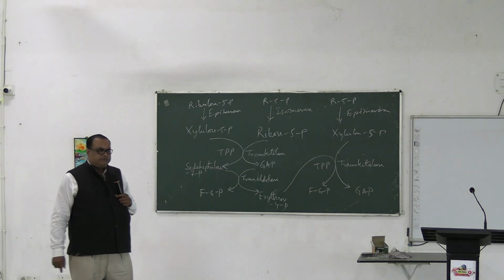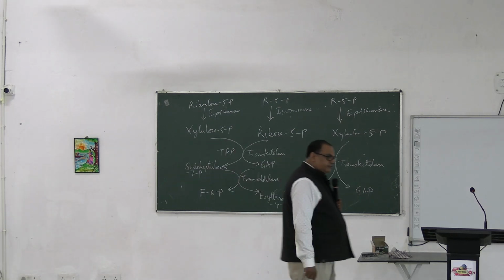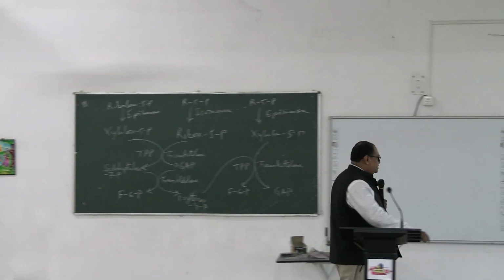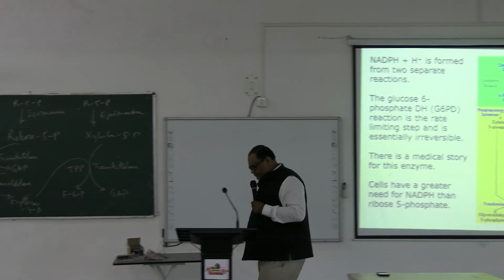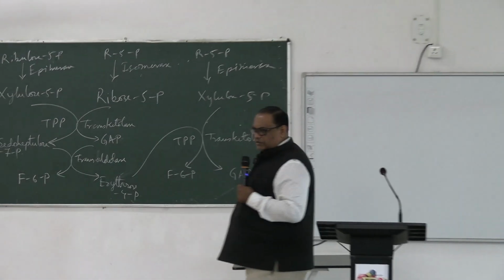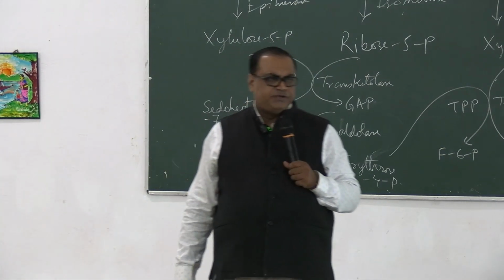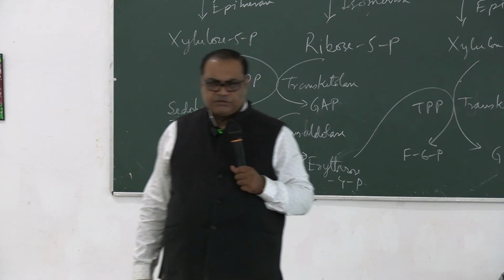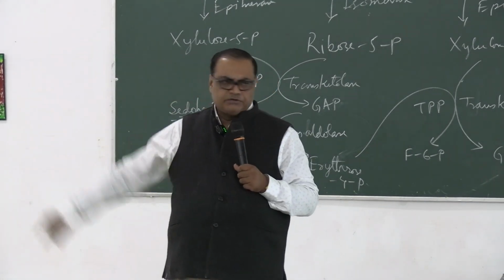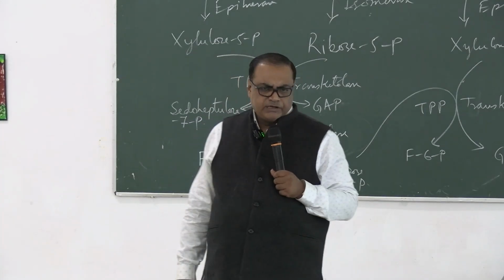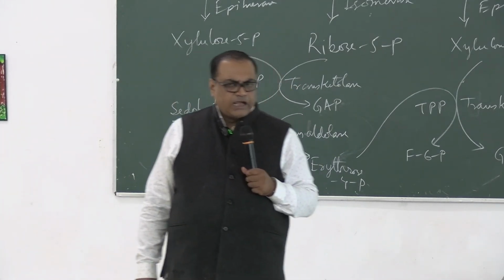Now we begin the rearrangement phase with 3 molecules of ribulose 5-phosphate. We have to remember certain mnemonics. The next step involves 3 enzymes: epi, iso, epi. First one epimerase, second one isomerase, third one epimerase. So the first and third ribulose 5-phosphate will convert to xylulose 5-phosphate, the corresponding keto pentose, and the middle one,